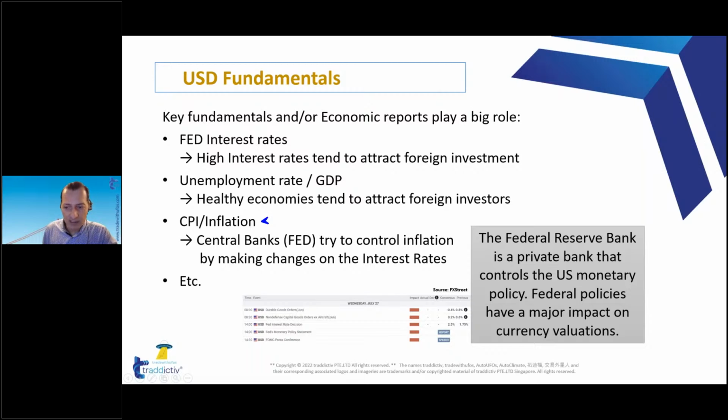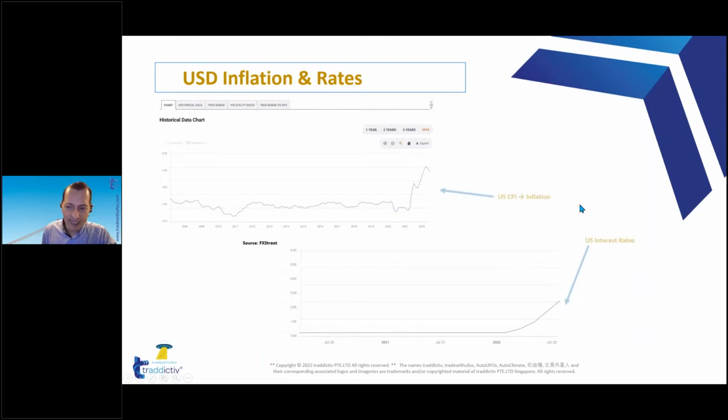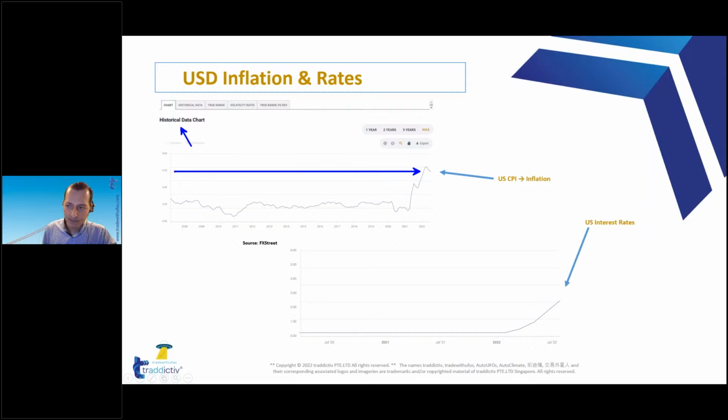Inflation is something that is often very, very concerning for countries, and the central bank, in the case of the US, is the Fed. They always try to control inflation by making changes to the interest rates. Take a look at the following chart before I get deeper into this concept. By looking at the following charts, we can see the historical inflation rate in the US. This is the yearly CPI for the US, which is currently around 6%.